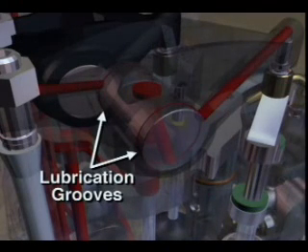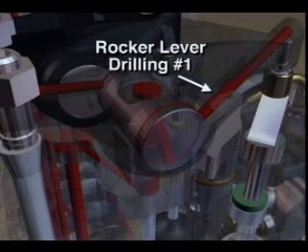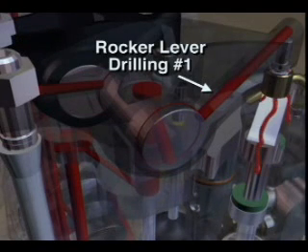A lubrication groove in each end of the shaft directs oil to two drillings, providing a path for oil flow. One drilling directs oil flow to the foot pad that contacts the crosshead. Oil from this drilling then travels down the crosshead and